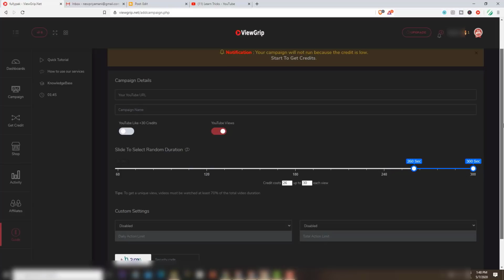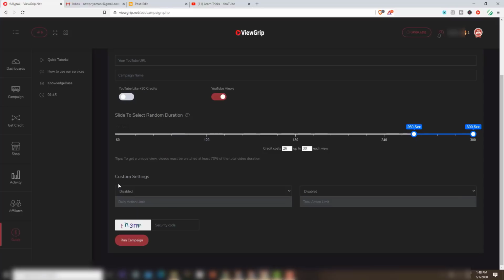Then when you go down further, they also have a couple of settings for how many actions you want to set. There is a disable currently. If you want, suppose 1000 or 100 per day, you need to enter the value here by enabling. And also this is the total action per minute. So for this particular video, how many total views you want. If you enable this and set 1000, then you are allocating 1000 points, 1000 views only for this particular video, and per day you are allocating a maximum of 100 views.